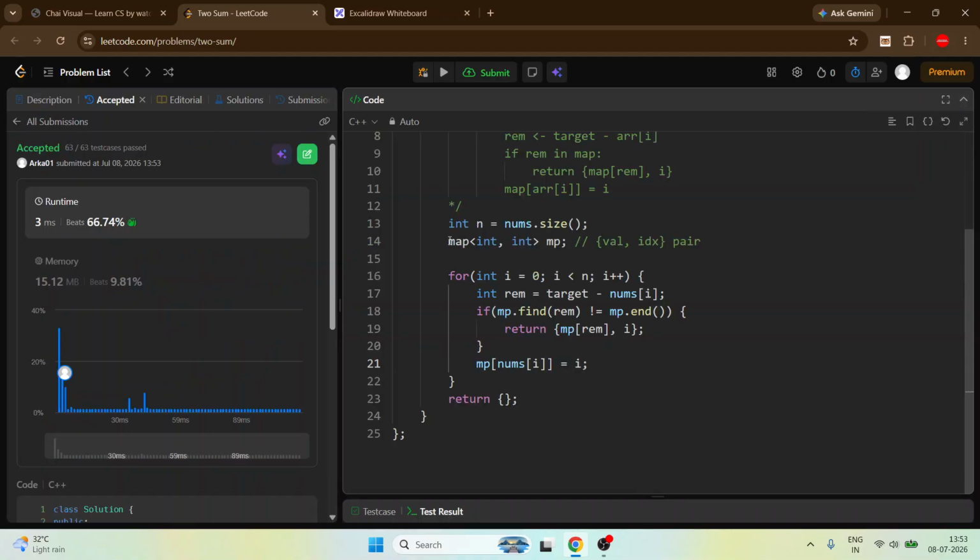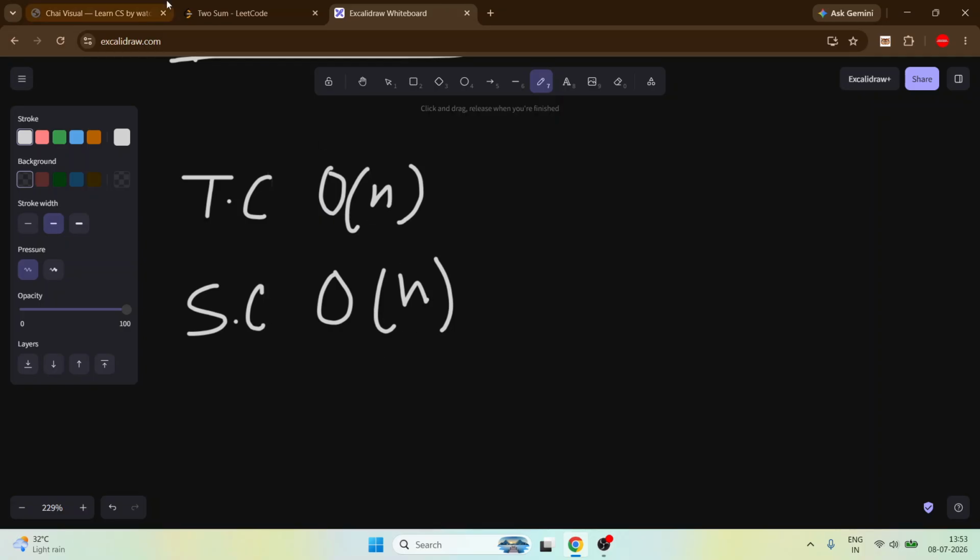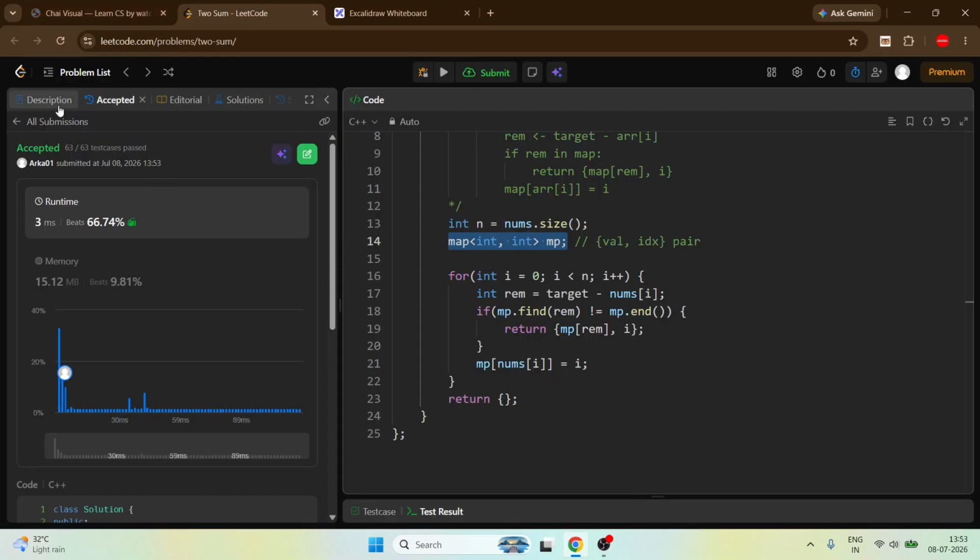Also, we are using a map, which is a data structure, and in the worst case the size of the map can be big O of n. So the space complexity will be big O of n. And in this way we can solve this.